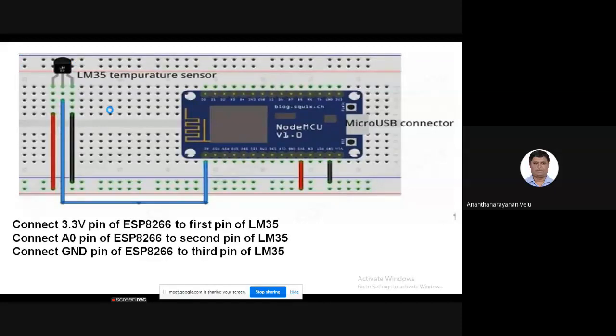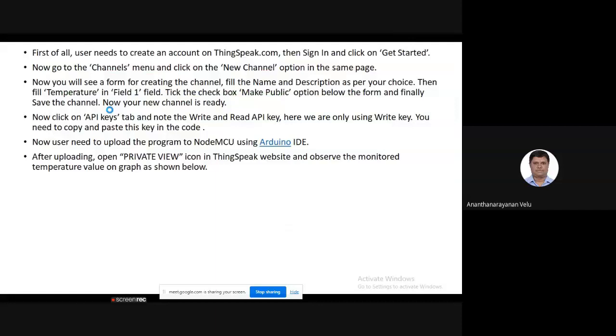All of you look here. We have a NodeMCU connected with the LM35 temperature sensor. It has 3 pins, one connected to VCC, another connected to ground, and the central pin is the actual signal out. Signal out will be connected to the A0 pin of the NodeMCU. The wiring diagram is over. Next.